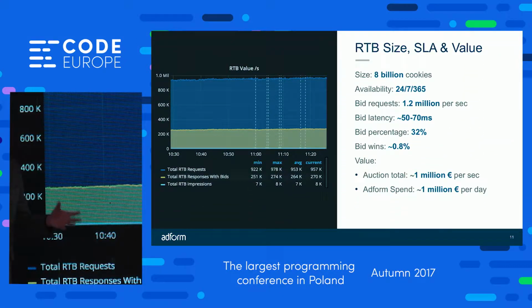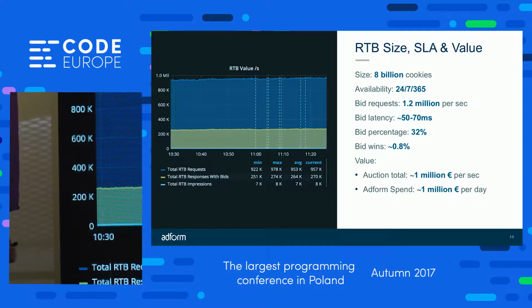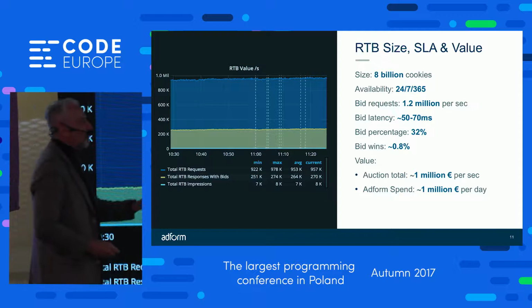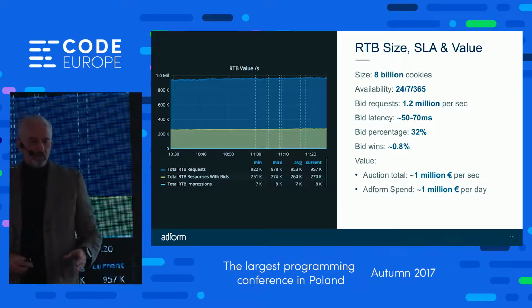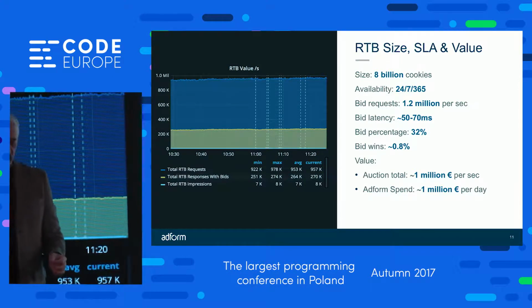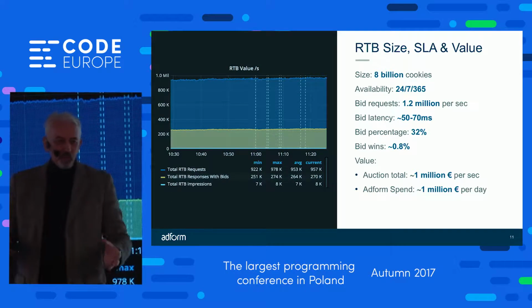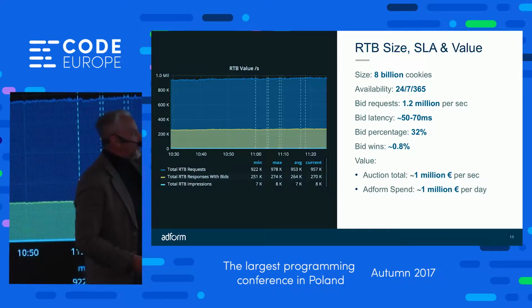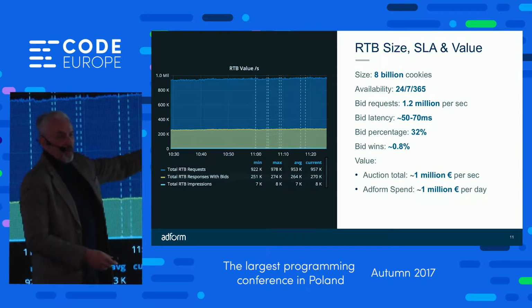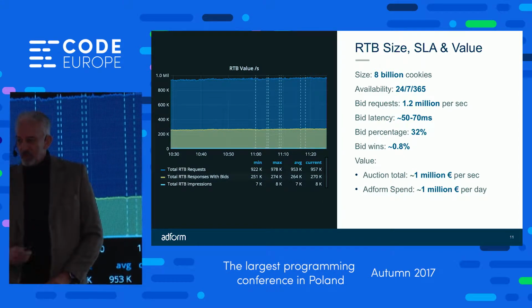So how big is all of this? So that's one of our Grafana graphs. So this is the value of the market at any given second. So we store essentially 8 billion cookies or 8 billion IDs that represent you. We do the best we can to match your phone and your tablet to your IP address or the cookie. We have this cunning algorithm invented by some of our data scientists that are really cool and fantastic and smart people, and they do it for us. We're up all of the time. In fact, we can't go down. If we go down for an hour, it costs us around 200,000 euro to be down because we're not bidding.